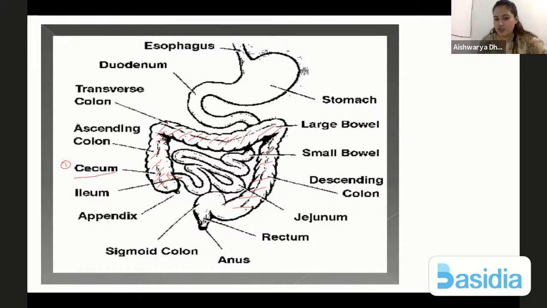Now, colon is the largest part of the large intestine, and it is divided into ascending colon because it is going up, transverse colon going transversely, and descending colon coming down. And the third part, so colon is the second part, third part is the rectum. Rectum is where the undigested food material is stored for some amount of time, and then it is given out, or it is excreted out or egested from the anus or the anal canal.